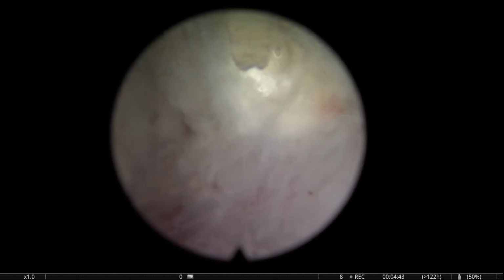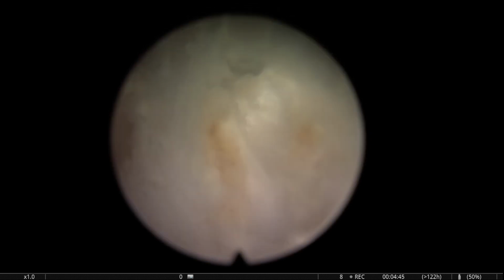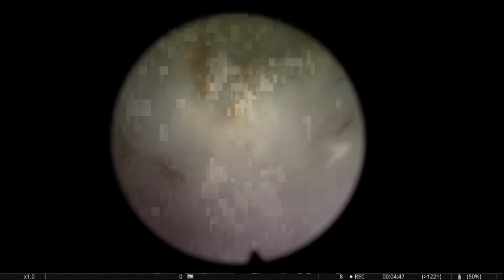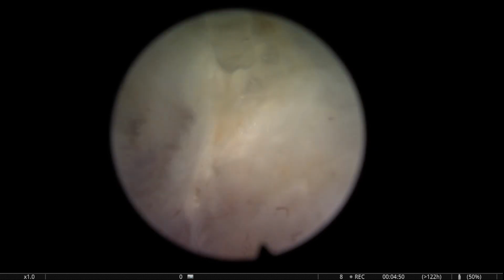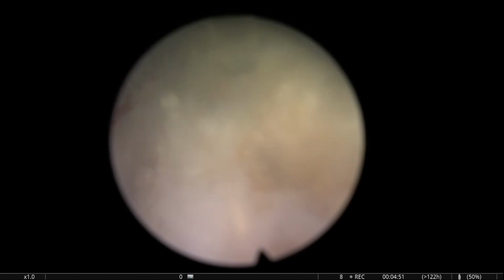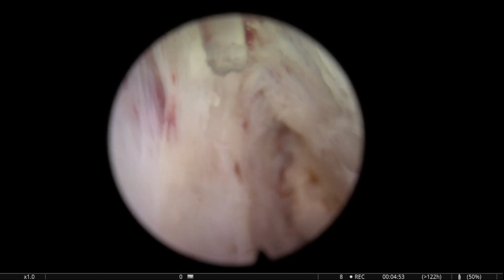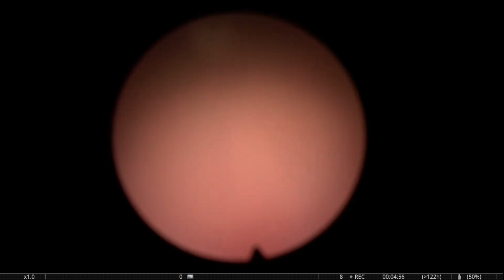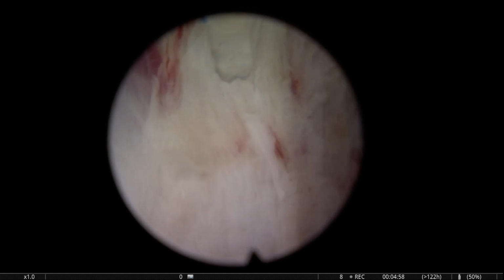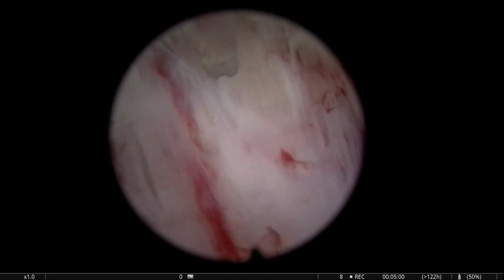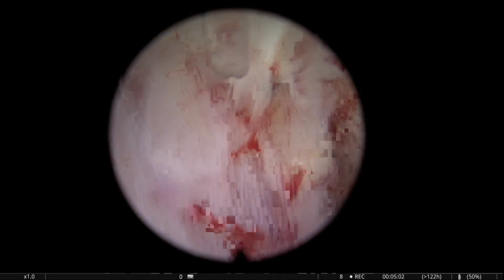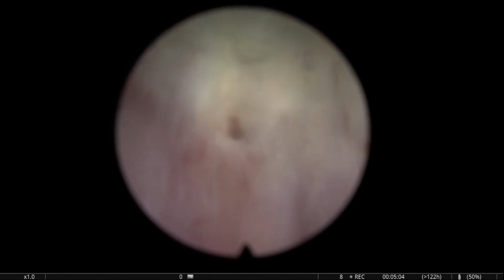And here you can see that this is a nodular prostate. You start to see that if you want to get all these nodules out, you will have to dig a little bit deeper, no? So as I was saying, we try to look for a capsular plane. Also, the capsular plane